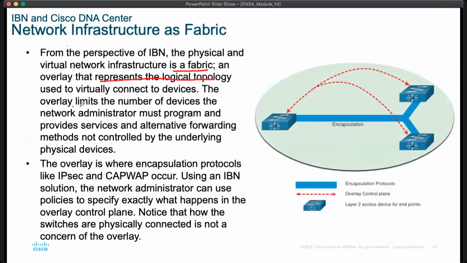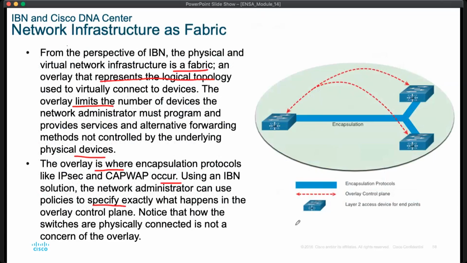The overlay limits the number of devices that the network administrator must program and provides services and alternative forwarding methods not controlled by the underlying physical devices. The overlay is where encapsulation protocols like IPsec and CAPWAP occur. Using an IBN solution, the network administrator can use policies to specify exactly what happens in the overlay